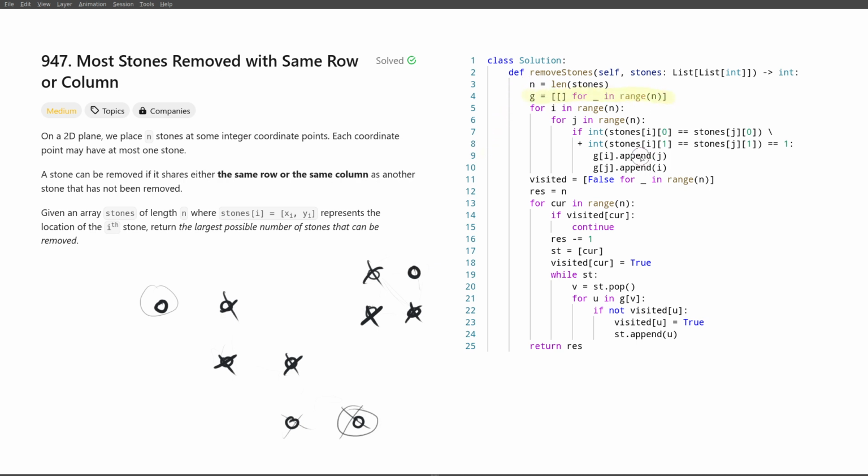So we just create the graph by looking if the stones are connected, so they have exactly 1 of having the same row or having the same column. And if so, we add a bidirectional edge between those 2 stones. We remember if we visited all the stones, at first our result is equal to the number of stones. And now whenever we see a new stone that is not visited, we know that this is a start of a new group. So we subtract 1 from our result, and we go, in this case, by